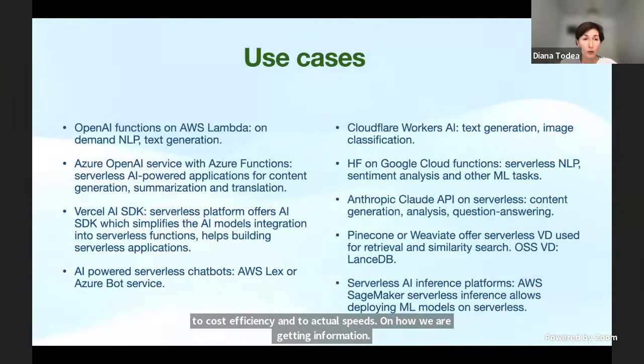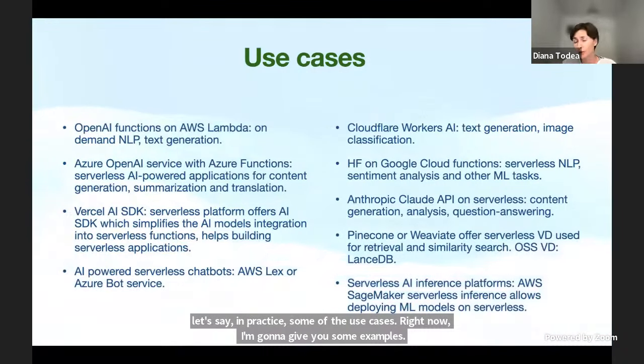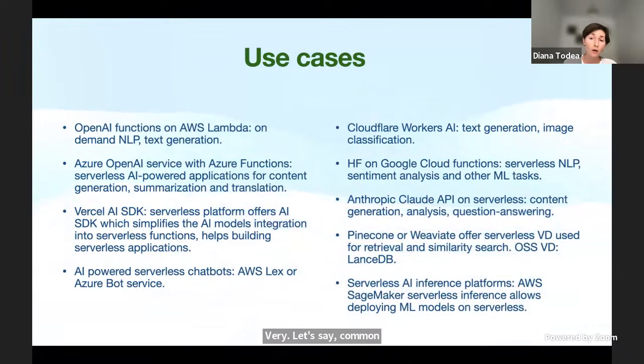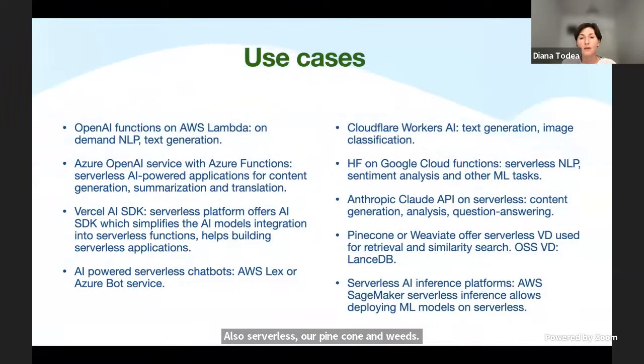So let's say in practice, some of the use cases. Right now, I'm going to give you some examples. Very common, popular vector databases, also serverless, are Pinecone and Weaviate. On the open source side is LanceDB. And you can find obviously different other